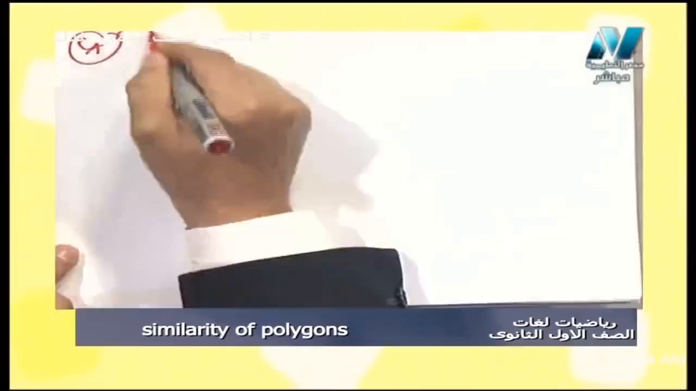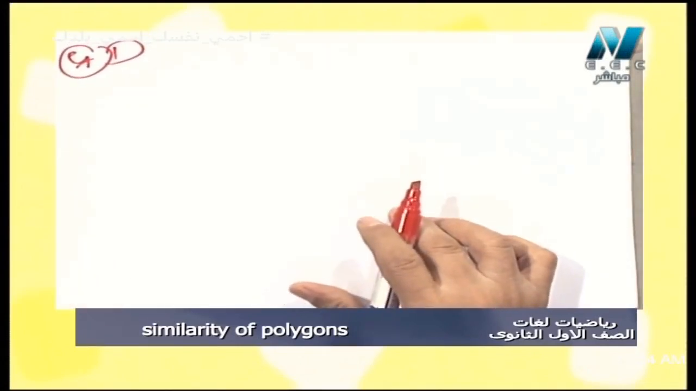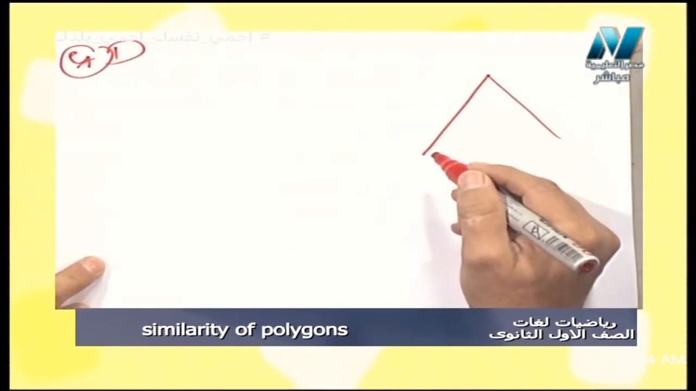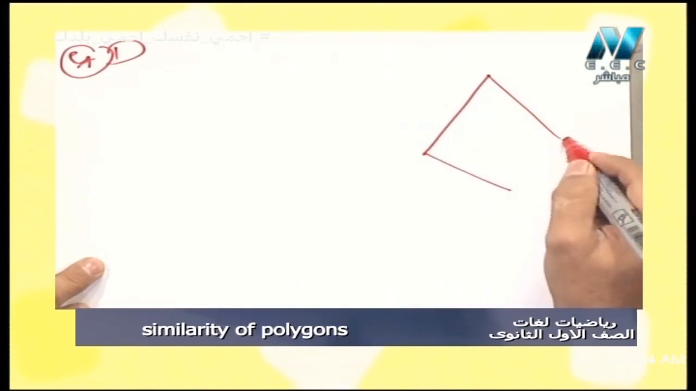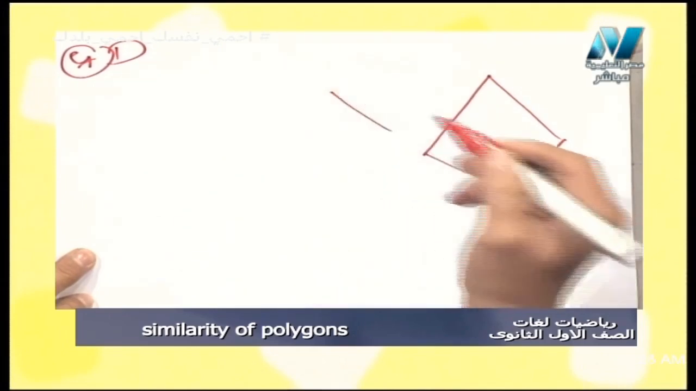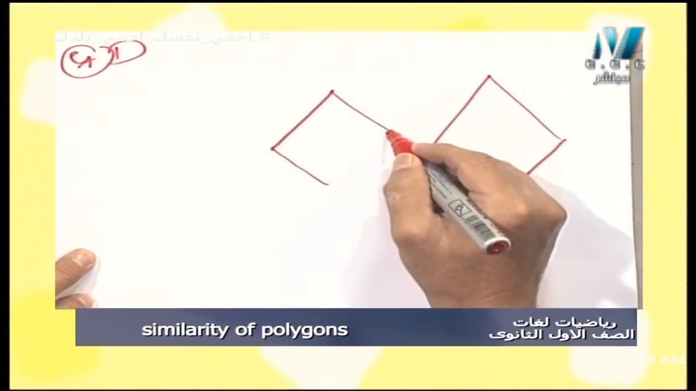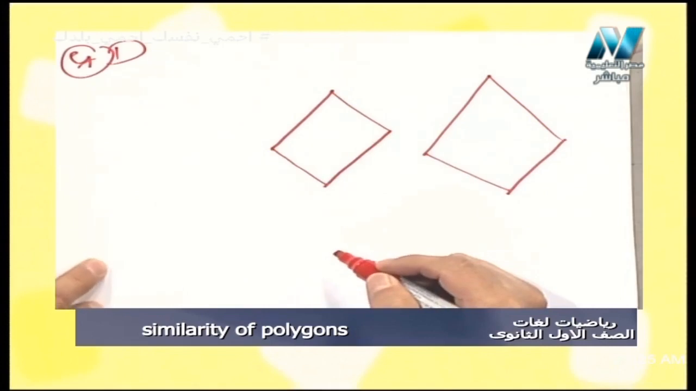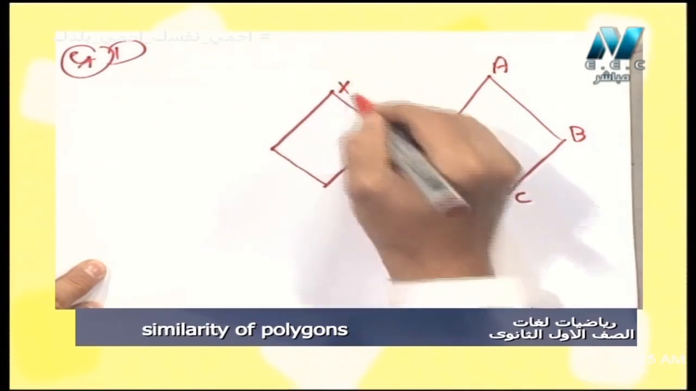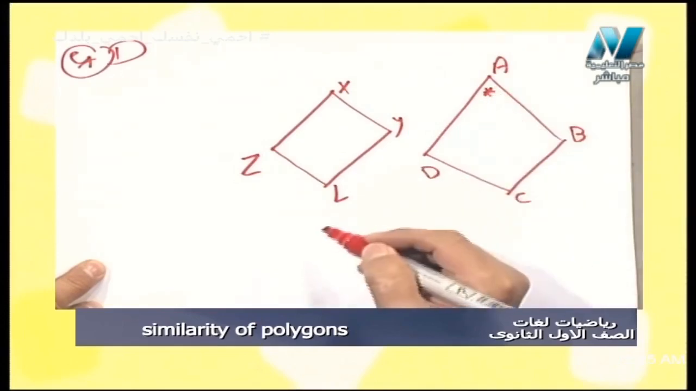Example number 1. Let's go directly to the example. If we have two polygons like that, this is the first one, the second one, this is A, B, C, D, X, Y, L, Z, and we have measure of angle A equal measure of